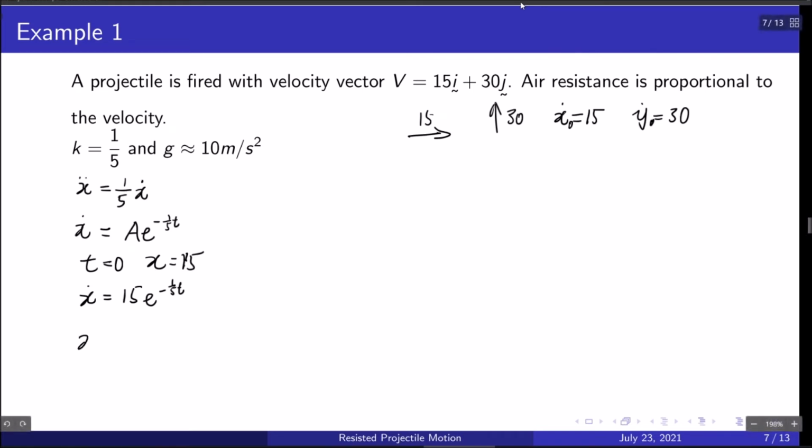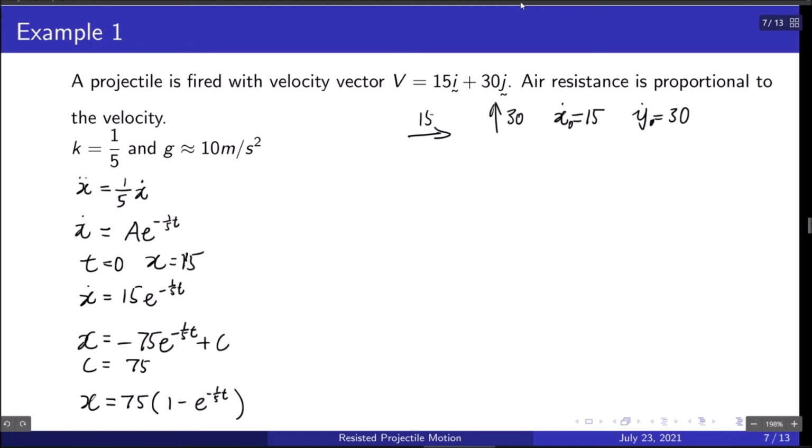Now let's find the displacement. Horizontal displacement will be x equals, this will be negative 15 divided by 1/5, which is negative 75 e to the negative 1/5 t plus c. So in this case, x equals 0 at t equals 0, so c equals 75. And we can just write x equals 75,